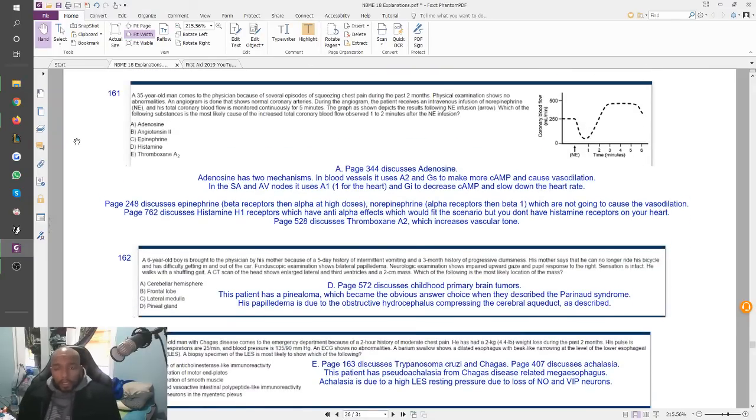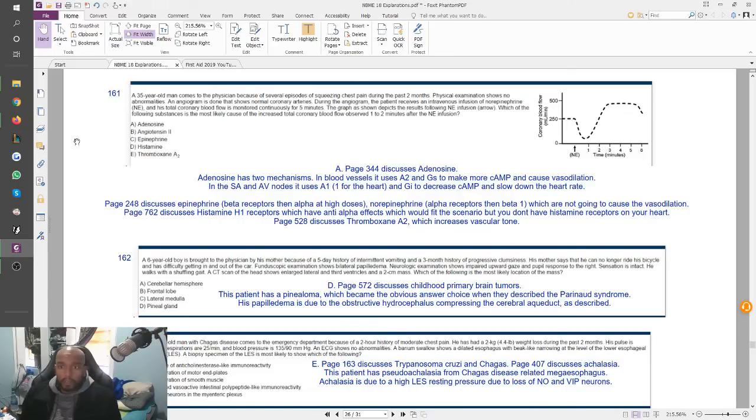161. This was a good question. This was actually pretty hard for anyone that might not remember some of these answer choices. So a 35-year-old man comes to the physician because of several episodes of squeezing chest pain during the past 2 months. Physical exam shows no abnormalities. An angiogram is done that shows normal coronary arteries. During the angiogram, the patient receives an IV infusion of norepinephrine, and his total coronary blood flow is monitored continuously